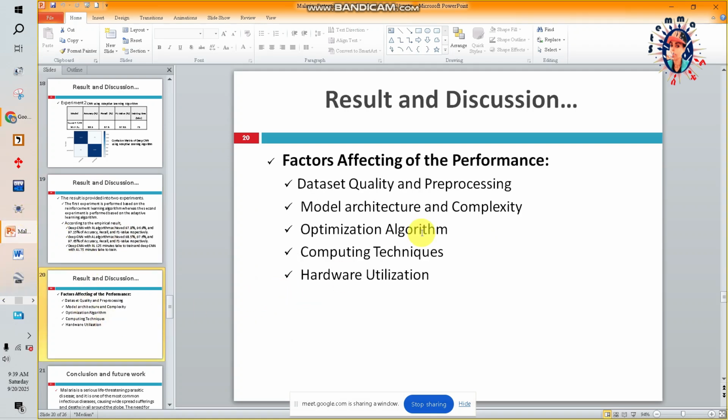The factors affecting the performance: data quality and pre-processing, model architecture and complexity, optimization algorithms, and